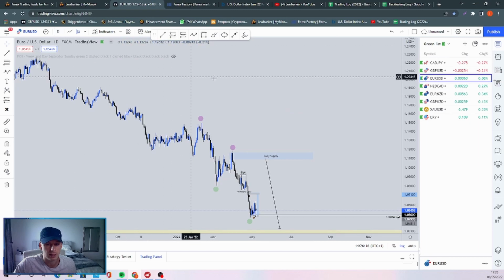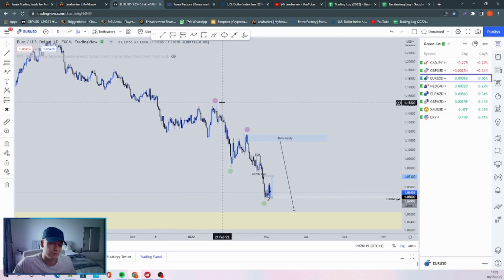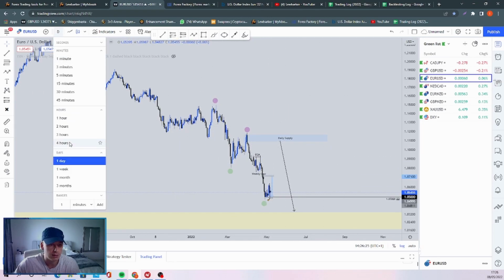EU, what we have with EU. The EU, again, always moves fairly similar to GU for obvious reasons. We've got our lower highs, so we are bearish. If I go down to the 4-hour,